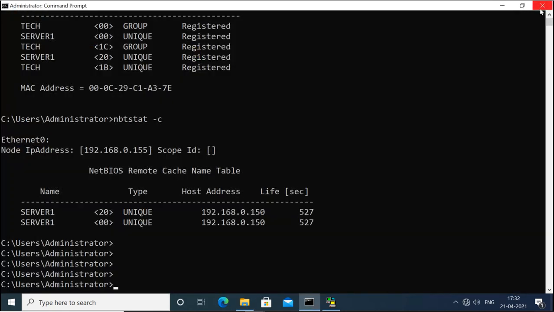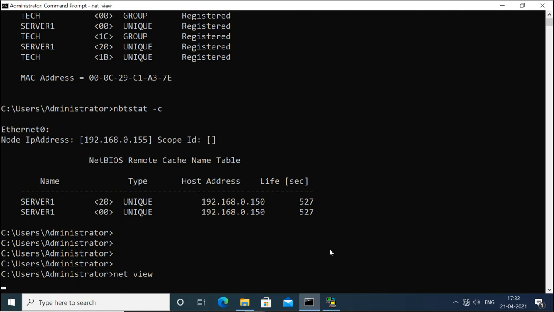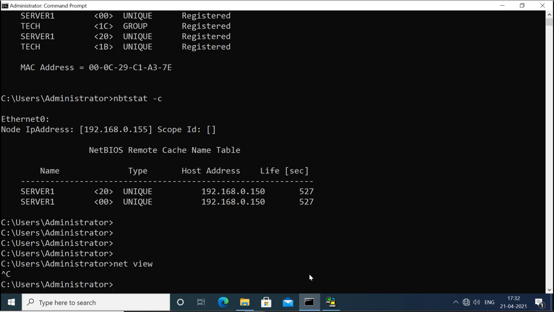Now when you do that, you will see the session will be established. You can see that by using the net view command or net share command, or you can do it by using the net use command.